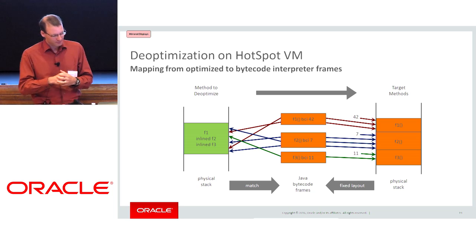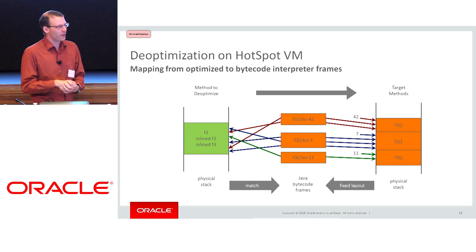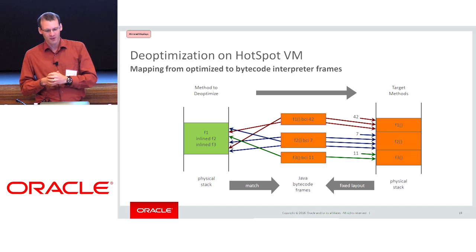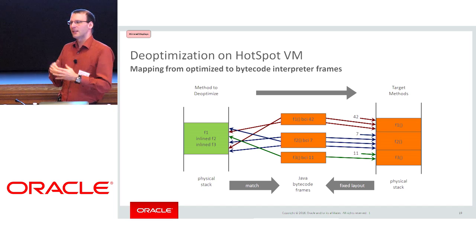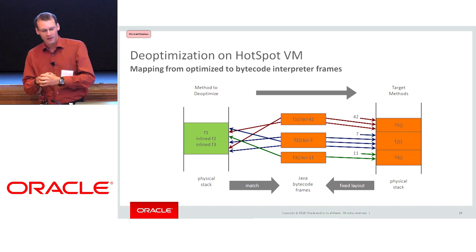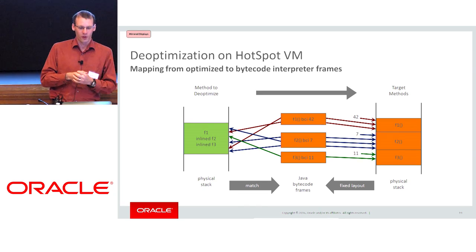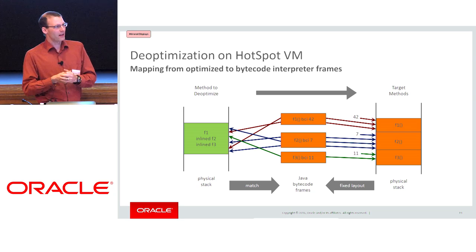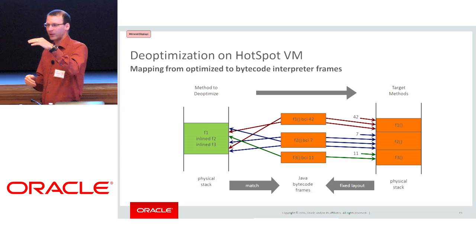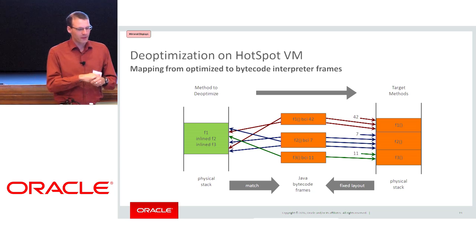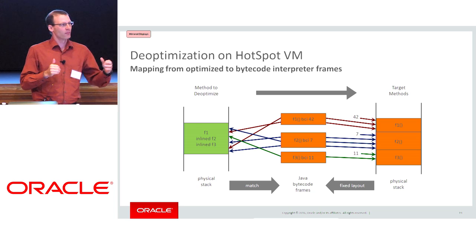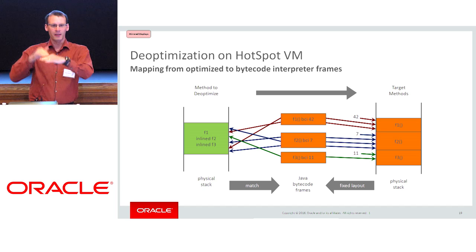So it is really that on the bytecode interpreter frame, you have an area for all the local variables, for all the expression stack slots, and the compiler emits metadata to map from the optimized code back to this Java specification of local variables. So the compiler has metadata saying, if at this point I have to de-optimize, then local variable 0 has to be filled with this stack slot, and local variable 1 is dead, and local variable 2 has to be filled from this optimized stack slot, and then de-optimization takes that and builds an interpreter frame.